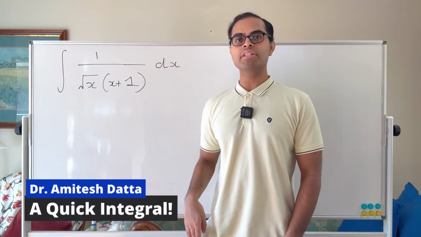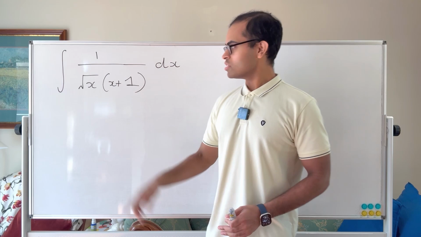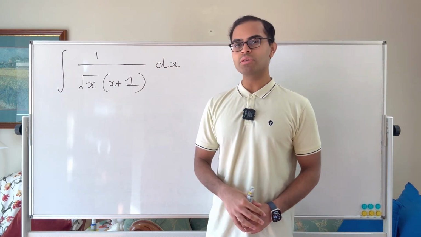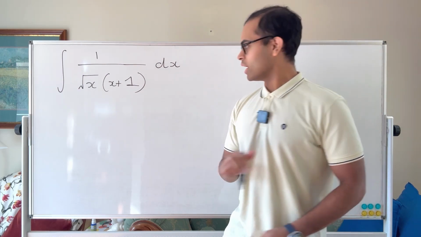I'm a professional mathematician and I'm going to show you how to calculate this integral in 2 minutes. So here we have 1 over root x times x plus 1, and there isn't any obvious u substitution here, or so it seems. But what we can do is the following, and this is a trick,